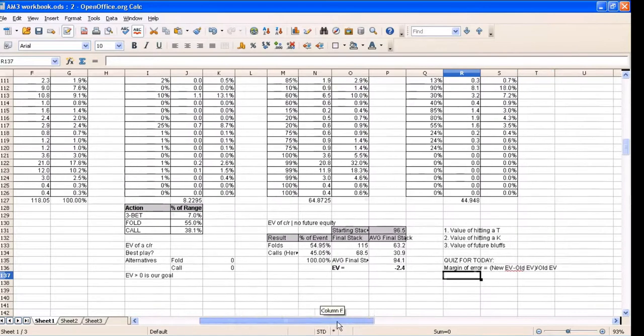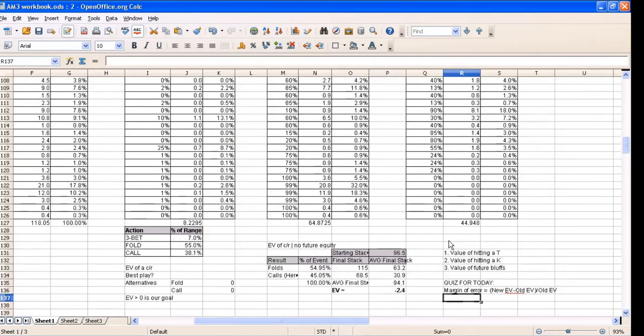Basically what that means is, let's say you run your estimate, you find your new EV is -2, then you'd simply go -2 minus the -2.4 divided by the -2.4, and that would give us a margin of error of 18%, which would be pretty bad. And then the way that